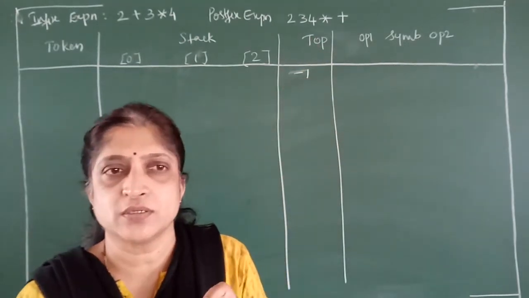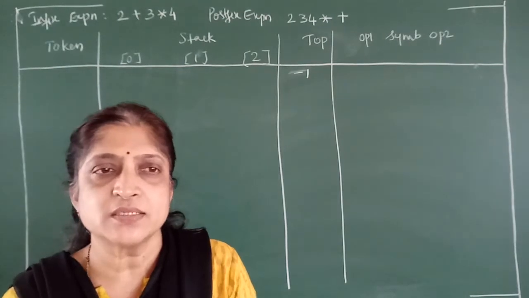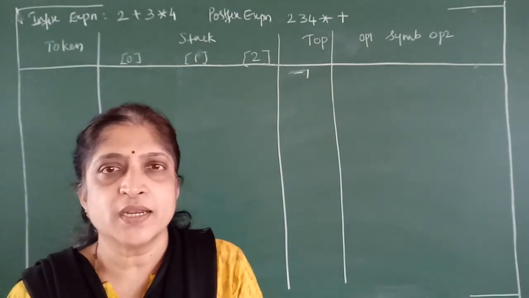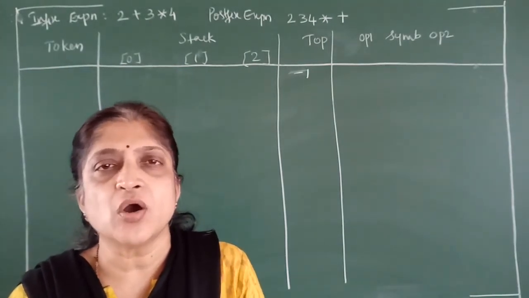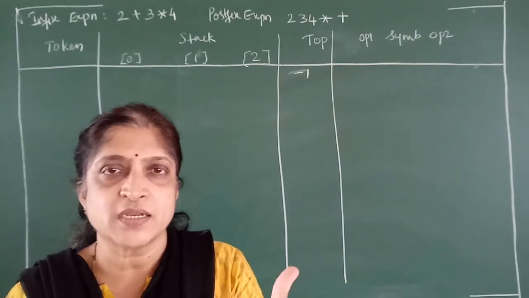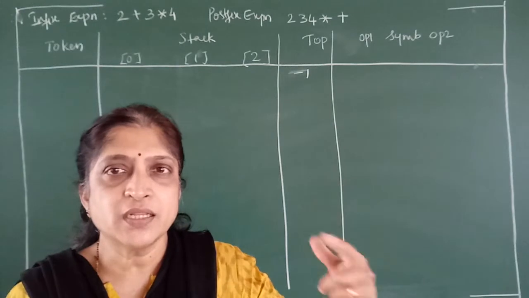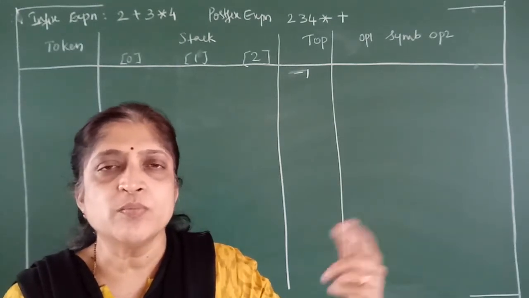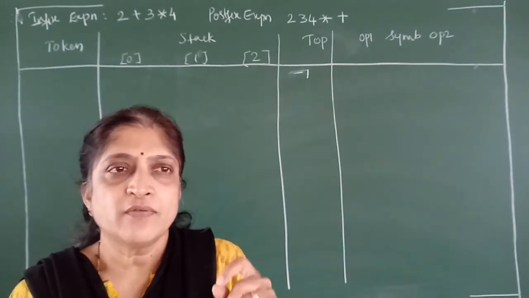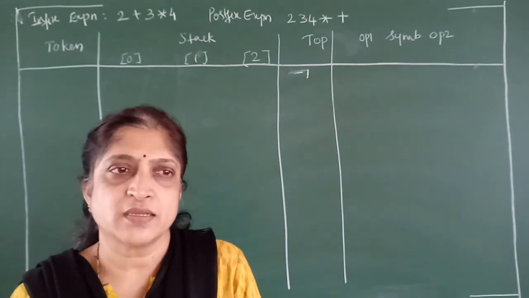Again, this expression should also be input as a string because it has numerals and it has the operators plus, minus, star and slash. So input this as a string. Take the tokens one by one, then we have to process it. And for this, we use stack.